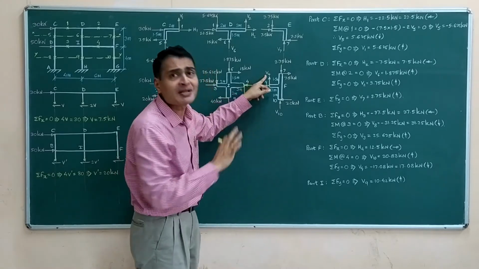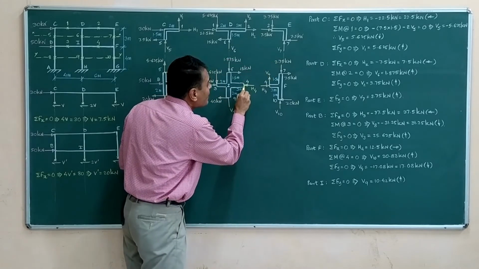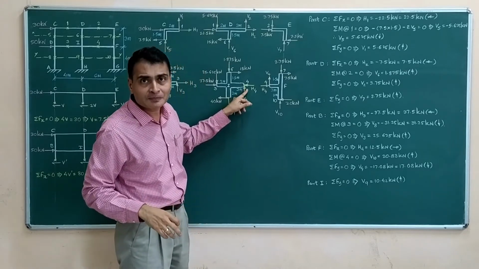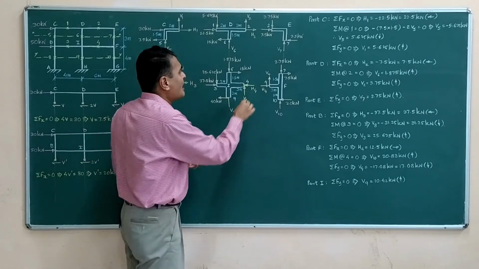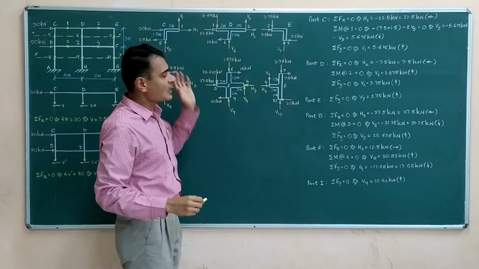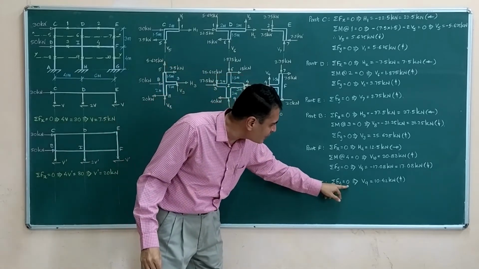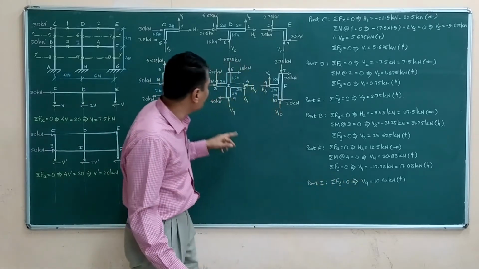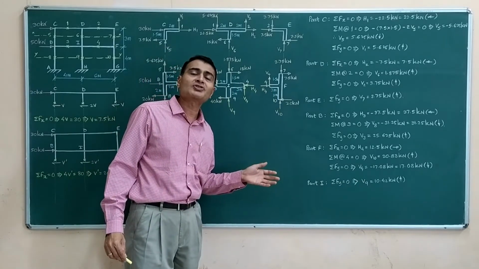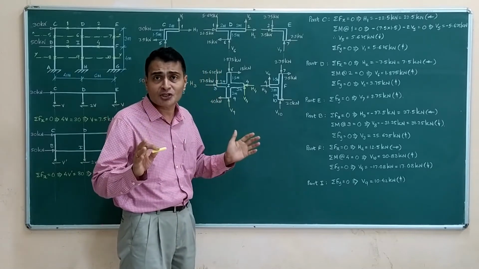I got a negative answer for that. So if it is 17.08 downwards, equal and opposite I have to show in the adjoining FBD, which means it has to be upwards here. And then I find that there is only one unknown remaining here. Let us say I am applying for part I, sigma Fy equal to 0. I easily get V9 equal to 10.42 kilonewtons. Since I get a positive answer, the upward sense is correct.